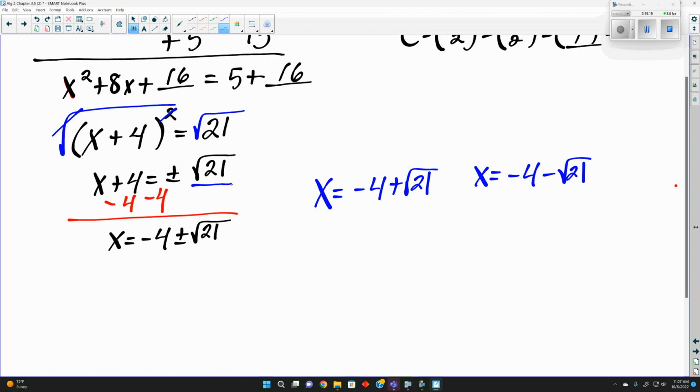The more times you round, and the earlier that you round, the farther away from the actual answer you will get. So if you have to round, mathematically, you wait till the very end to round, so you get as close to the actual answer as you can get. Because this is the answer here,